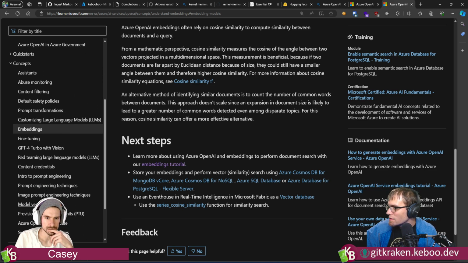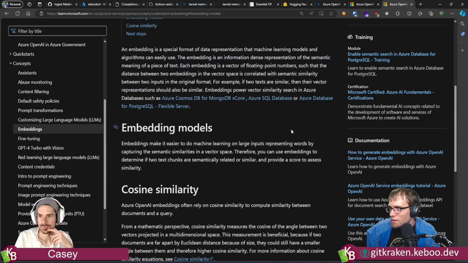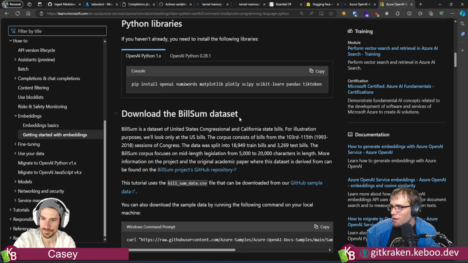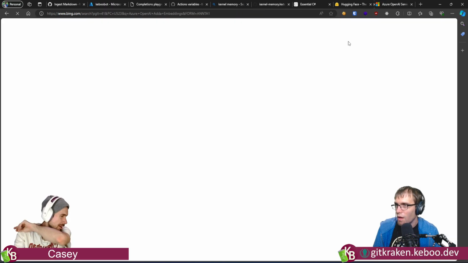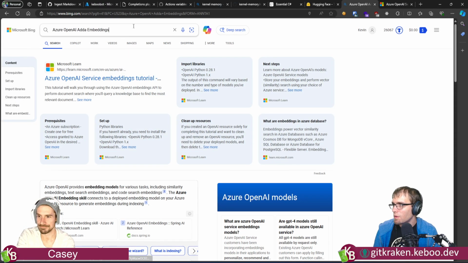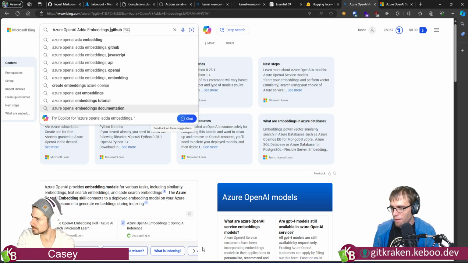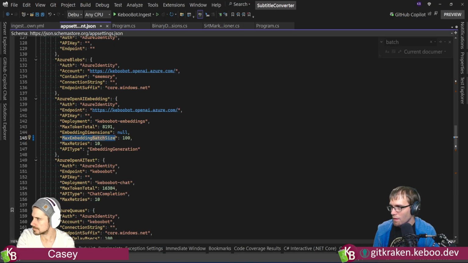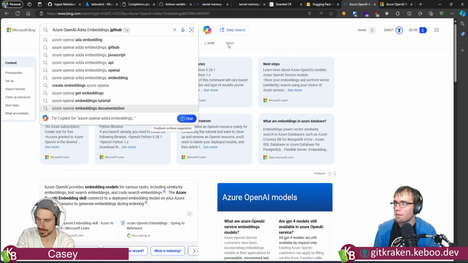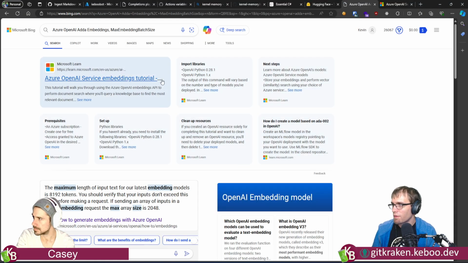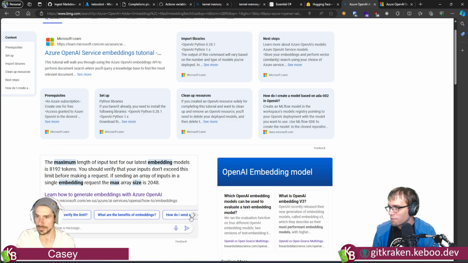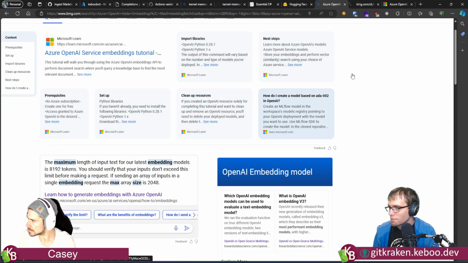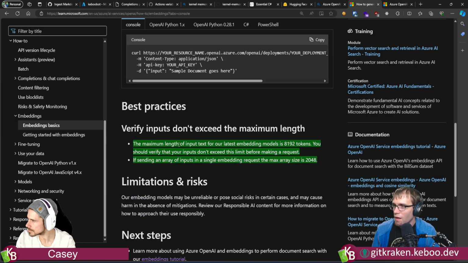Azure. Microsoft, just give me the docs. Hang on. If I just grab the max embedding batch size, like that, what I would like to see is the docs that cover that.